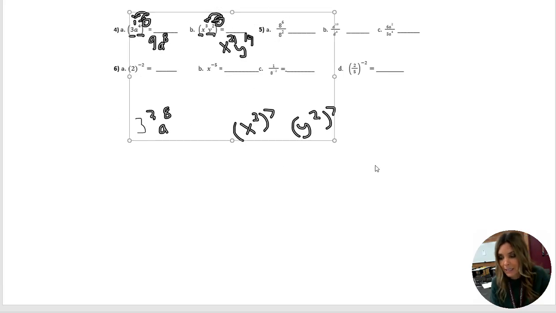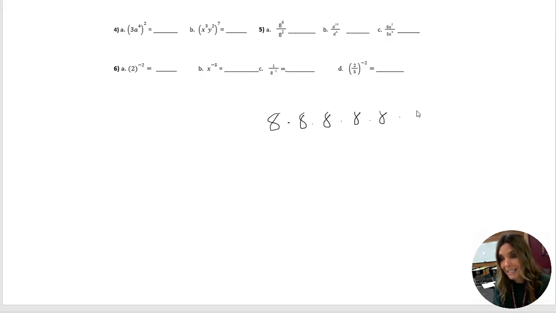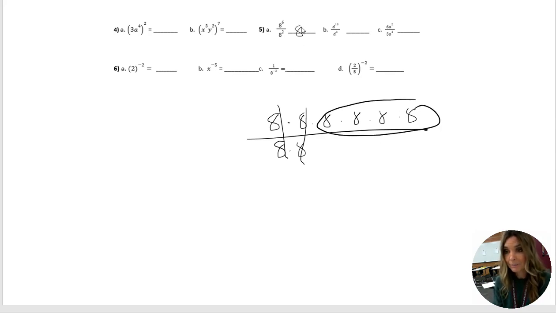So I'm going to go ahead and write this out for you. I'm going to expand it. Remember that with each of these, when in doubt, write it out. So if we have 8 to the 6th, that's 8 times 8 times 8 times 8 times 8 times 8, 6 times. If we have 8 to the 2nd on the bottom, that's 8 times 8. And remember, anytime you have the same thing divided by itself, it's a 1. So this simplifies to a 1, this simplifies to a 1, which leaves us with 8 to the 4th as